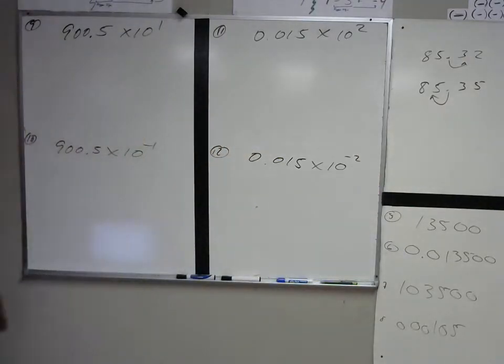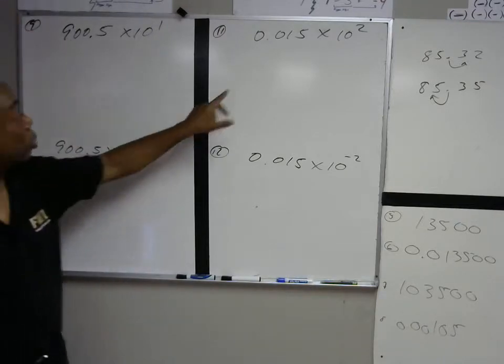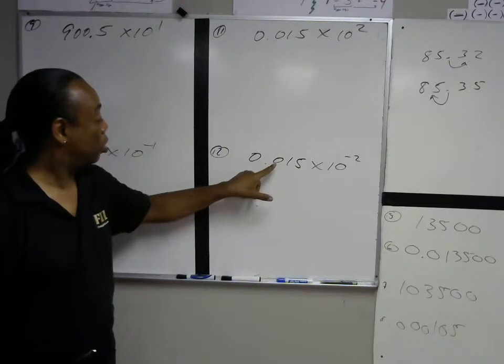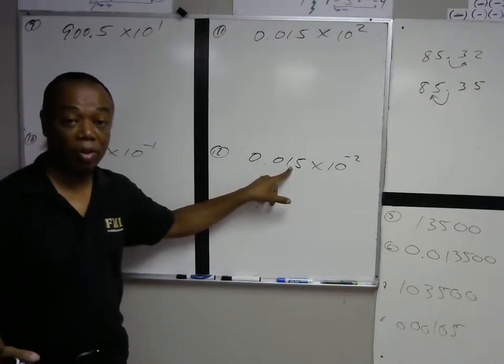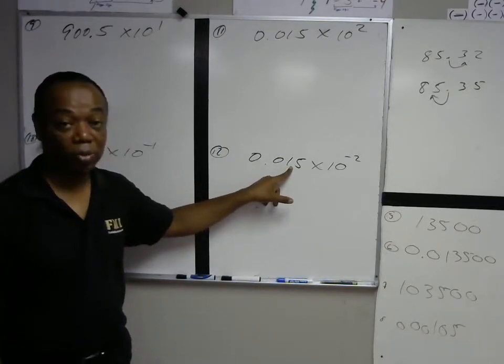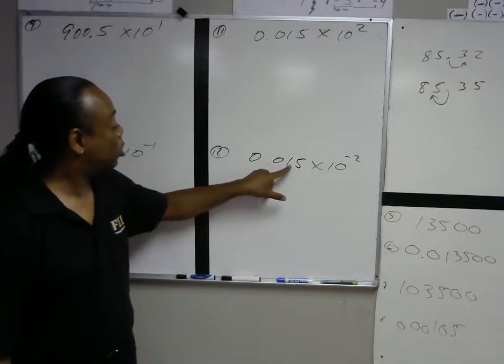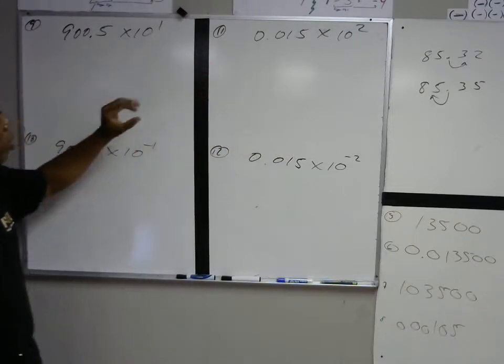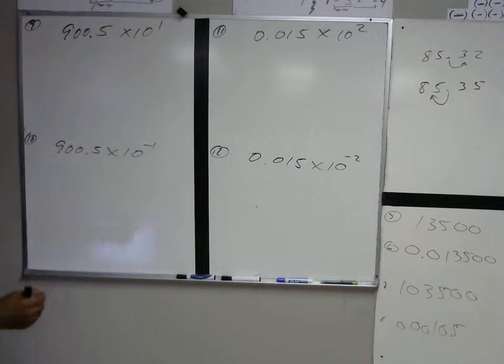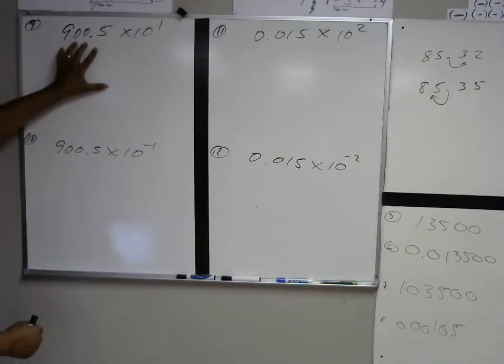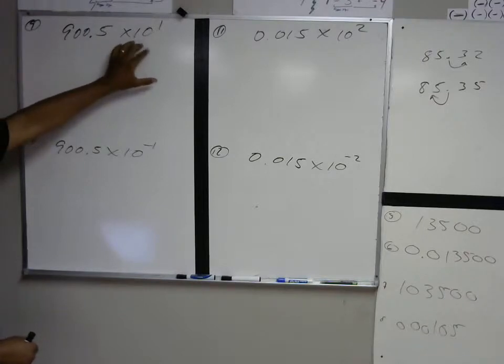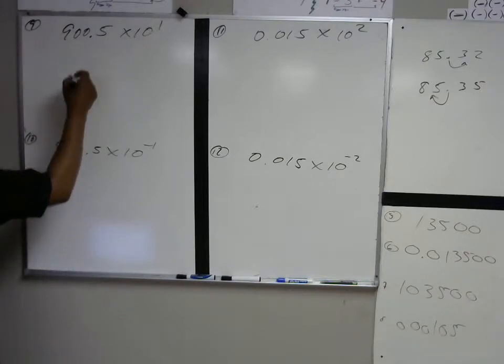Okay, these are not scientific notation right now, simply because the decimal is not behind the first number here, 1, 2, 3, 4, 5, 6, 7, 8, or 9, other than 0. So the decimal is not behind the first number other than 0. So let's work with this part right here to turn this into our scientific notation, and then we'll work on that last part. So this right here is